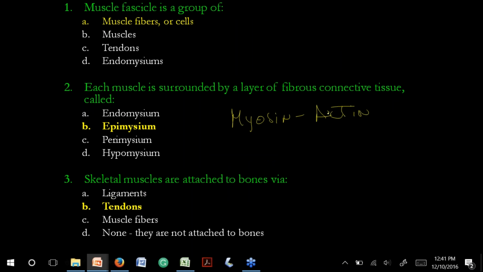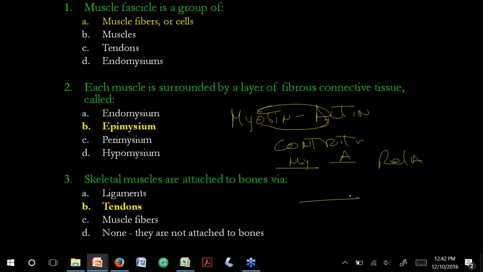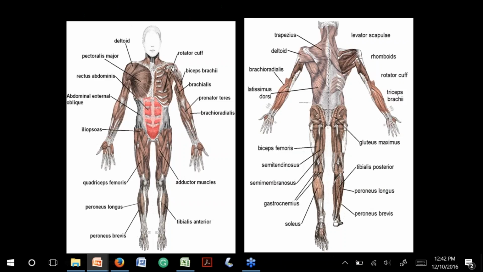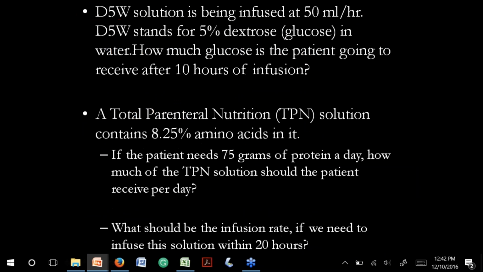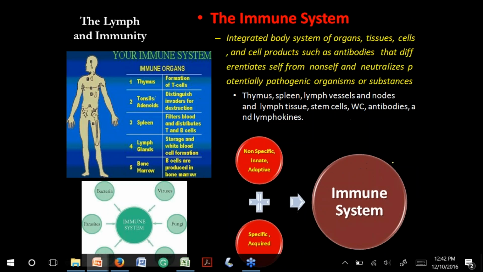Myosin and actin are going to interact with each other in order to produce a contraction. So they are not always in contact. They are in contact only when they are contracting. So this is actin, this is myosin, and this is relaxation. Here we have myosin and actin going to relate to each other. See, they're overlapping now. That is a contraction. And they are going away when they are going to relax. Okay? All right, so those are some main muscle points that you can review.